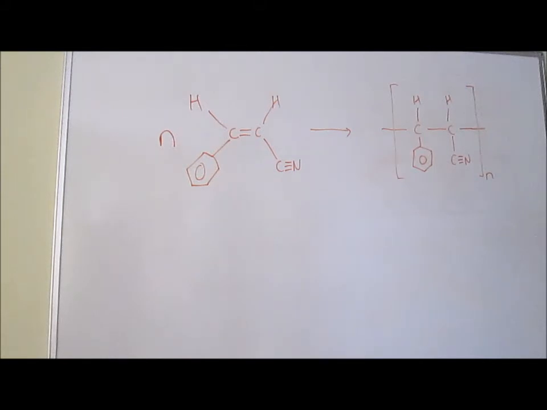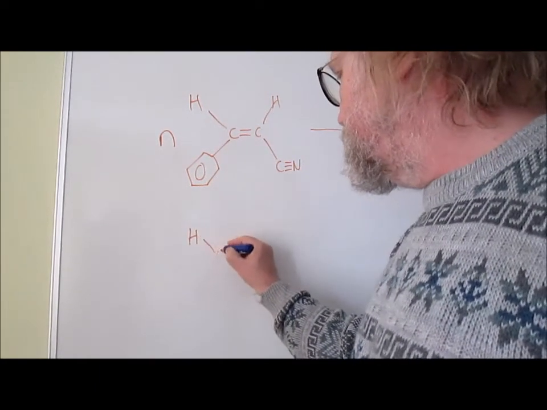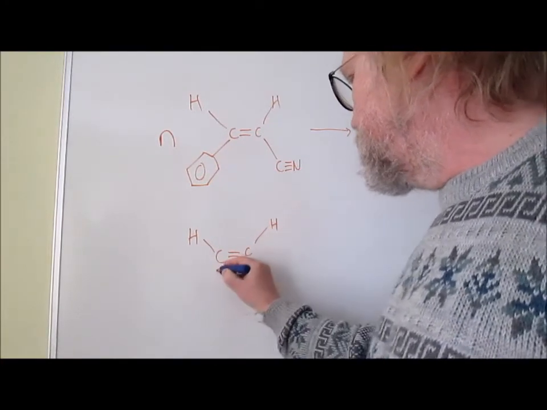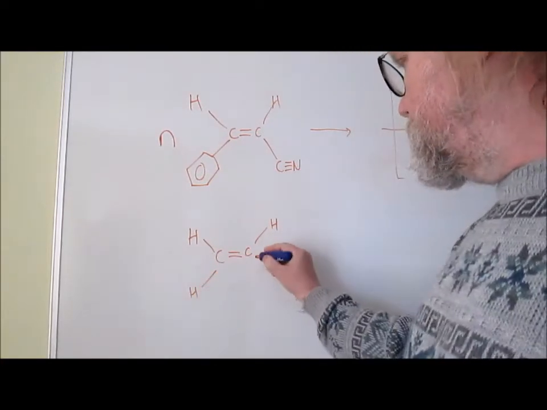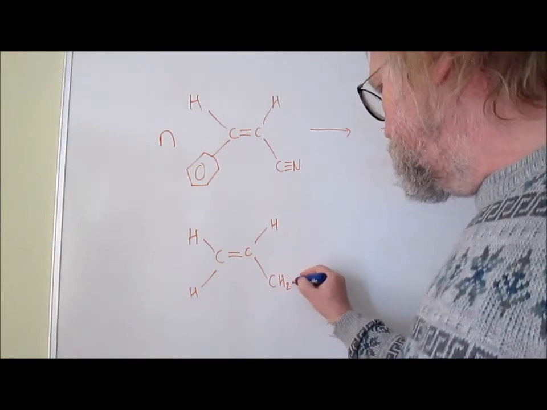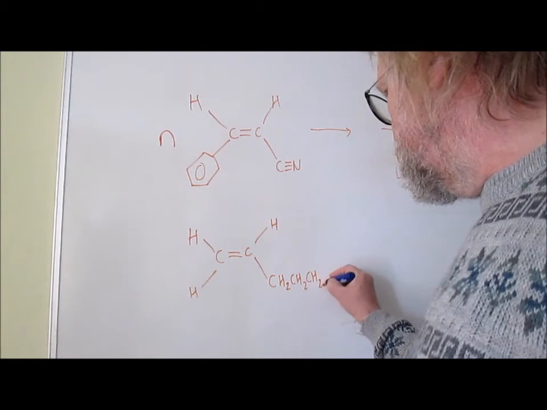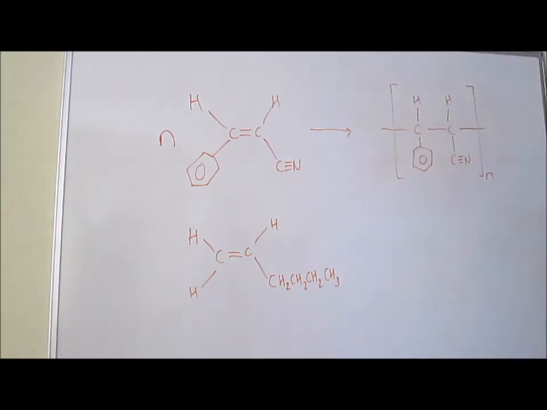So now in question 2, it wants us to apply those ideas to some other monomers. So hex-2-ene, normally you might write it out as a skeletal formula, and you can do polymers with skeletal formulae, but it's probably easier to stick to the script and just say, right, let's draw it out like this. So hex-2-ene, we've got 2 carbons there, so we'll have 4 more. So that's hex-2-ene. And so that's now going to have to be turned into a repeat unit and repeated 3 times. So that means we're going to get,